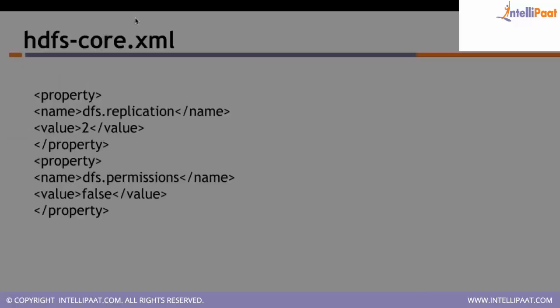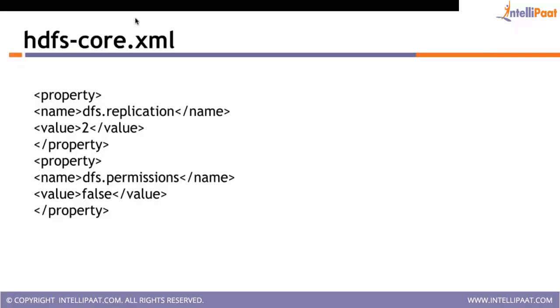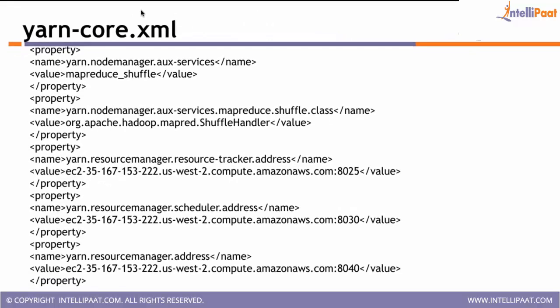So we have to change the hdfs-site.xml. We have to put the replication factor, because we have only 2 data nodes. We are putting replication factor as 2, because even if you put replication factor as 3, it cannot maintain the replication factor. Because you are not using the MapReduce framework now, you are going to use the Yarn framework.